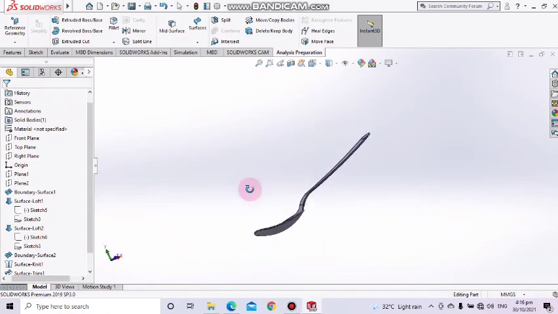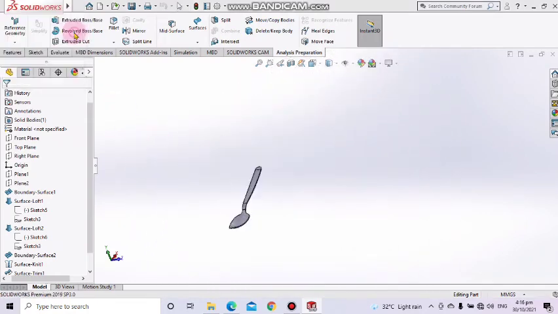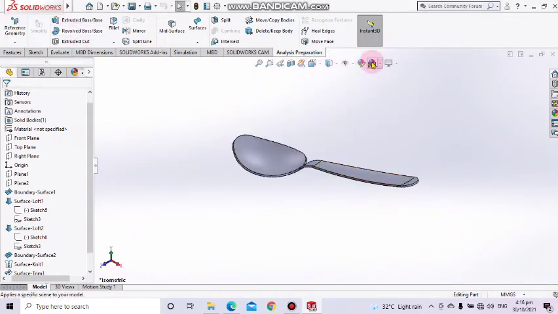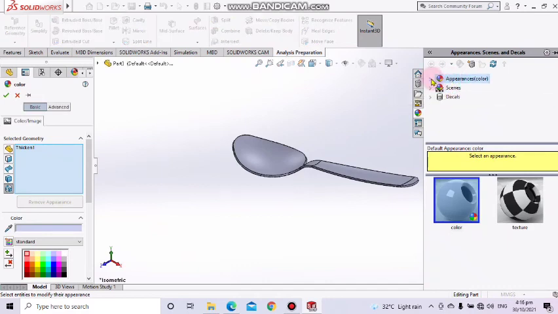And if you want to change the color, click this part, metal,